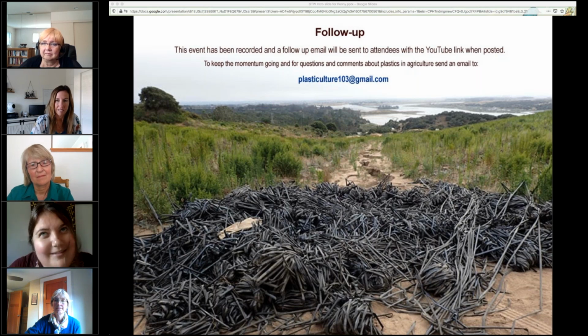And then we thought, we can copy that model. We can replicate that for drip tape. We can have a drop-off day and have a site in Watsonville for one day at the end of a growing season, and